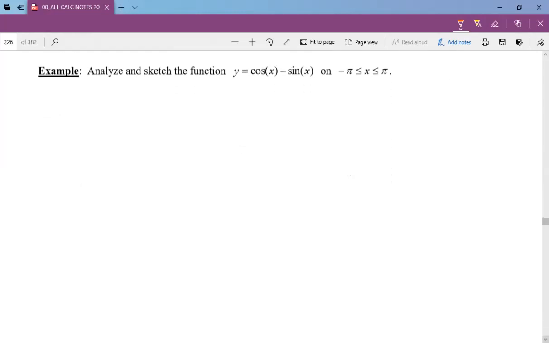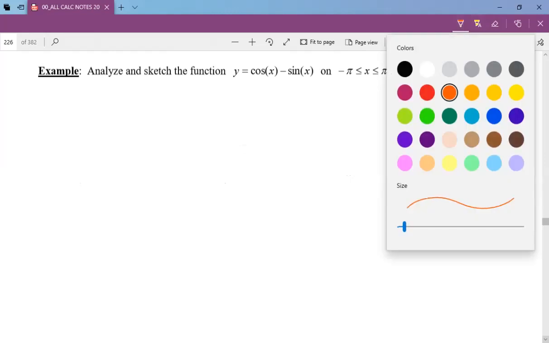So example 1, we're going to look at the function y is equal to cos x minus sine x. We're just going to look at the interval from negative pi to positive pi. And here we go. Okay, so to start off, 1 is determine our domain. So our domain is going to be